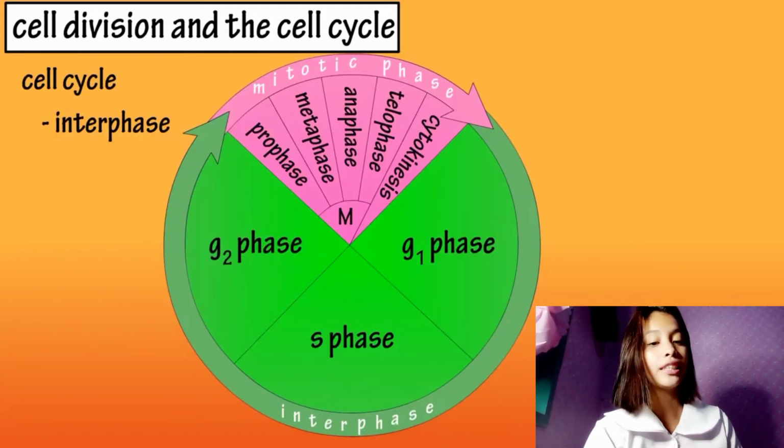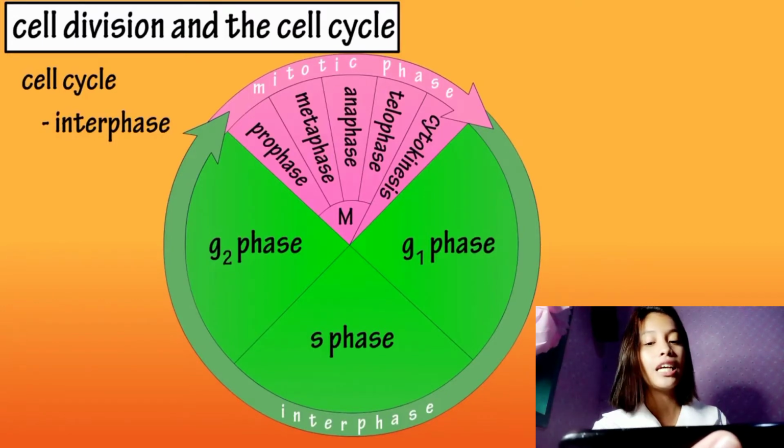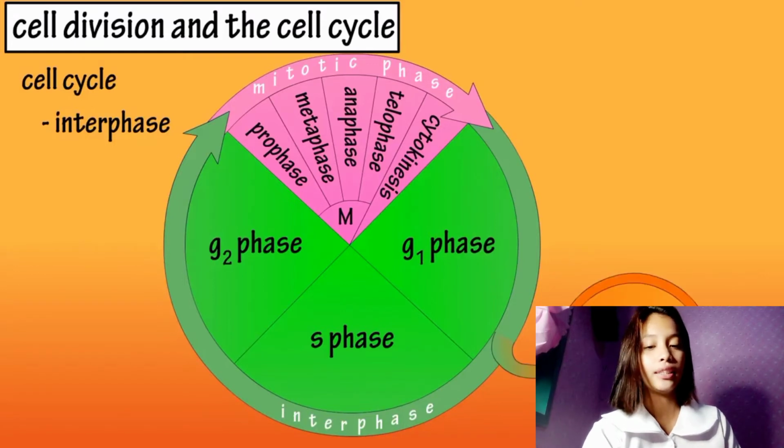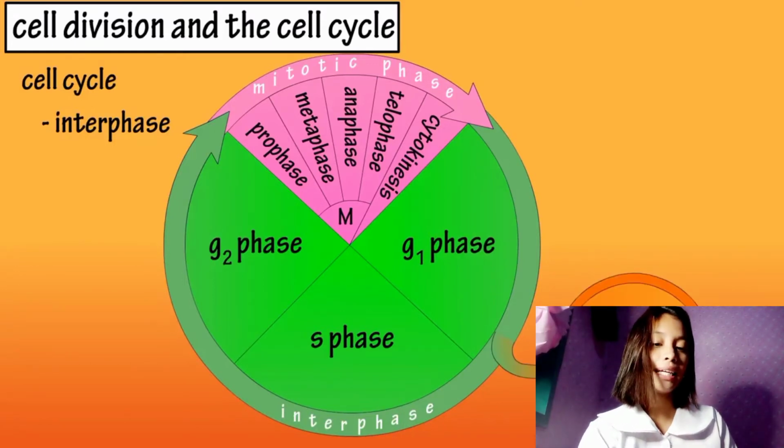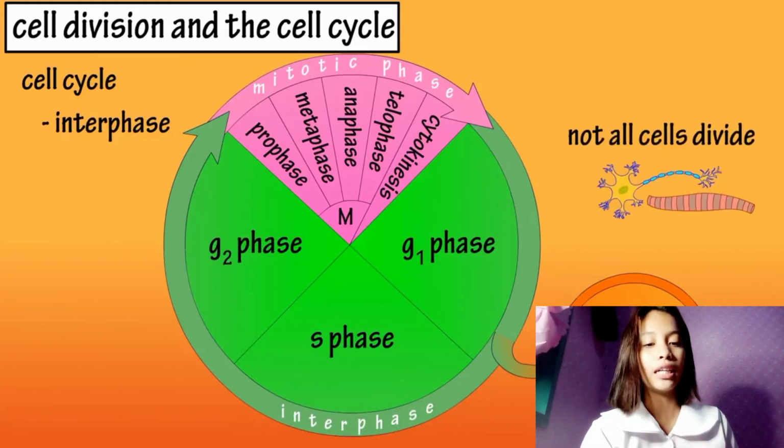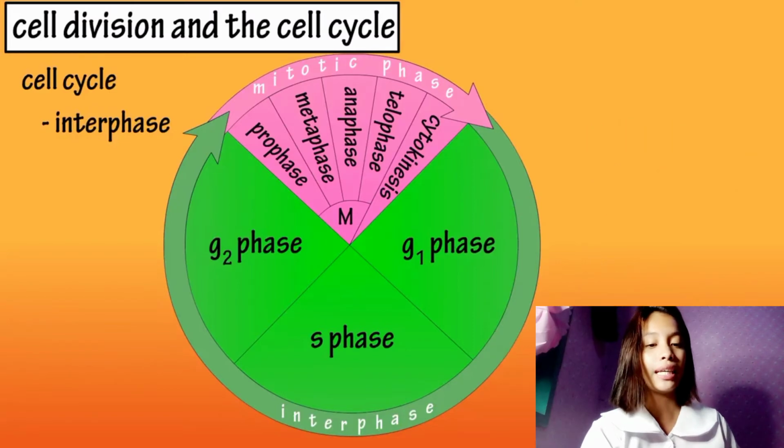During the interphase, the cell prepares for division, and there are three sections in interphase: the G1 phase, the S phase, and the G2 phase. There is actually a G0 phase where cells stay in the maintenance phase. Some cells, like nerve and muscle cells that do not replicate, will stay in the maintenance phase.